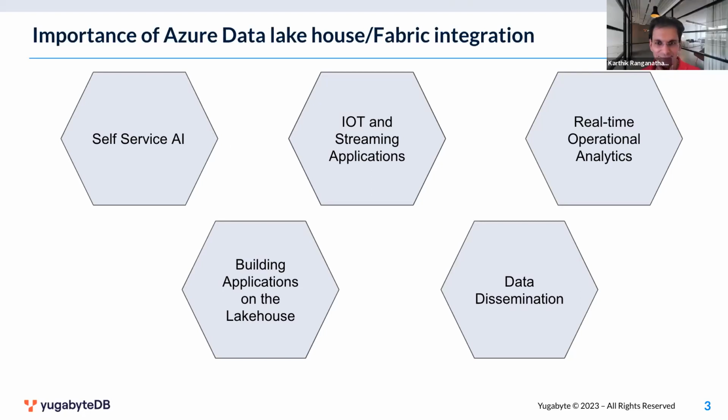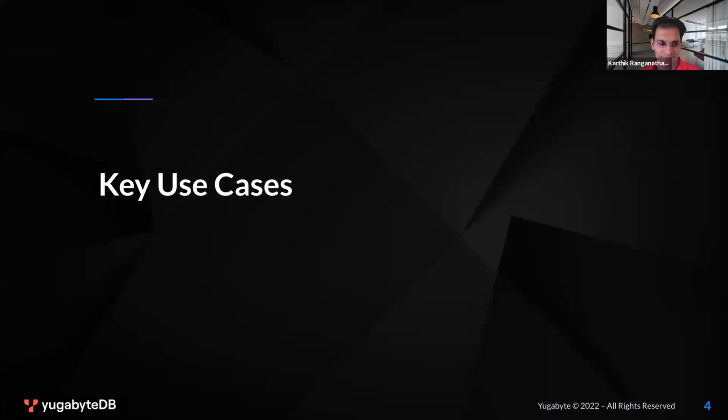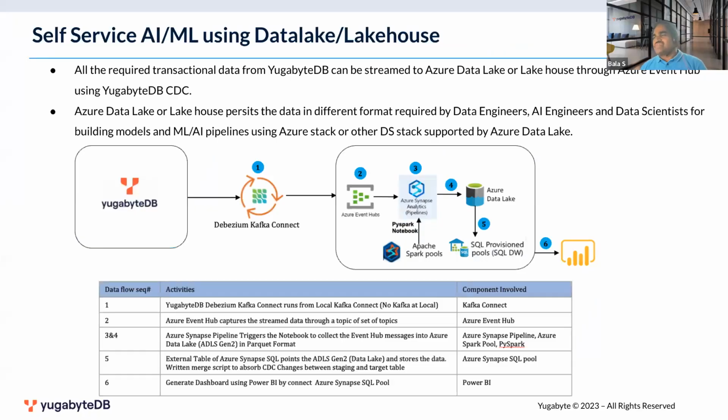Awesome. Thank you. Like we said, self-service AI and ML, which is part of business analytics or the data warehouse DNA for any of us today, is mandatory for most organizations for keeping the historical data, so they can do better visualization, better modeling, and better prediction on all those things. So whatever data comes to YugabyteDB on the left side is going to be pushed to